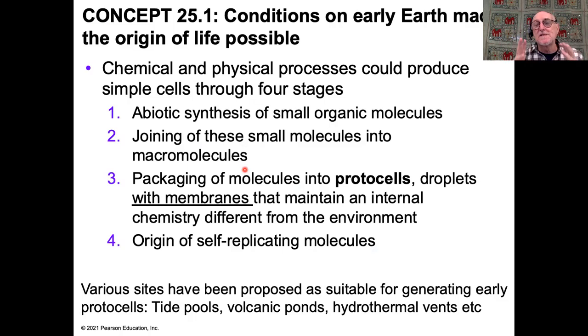The next step was that these somehow had to be enclosed within a membrane, within what we refer to as protocells. A protocell is a membrane-enclosed area, does not have the properties of life. It has some of the features of life. For example, if we form a sphere with a membrane around it, the membrane allows the inside of the sphere to be different, the conditions inside to be different to the outside. We can make these little spheres, which we call protocells. We can do it experimentally. And they have some of the properties of life.